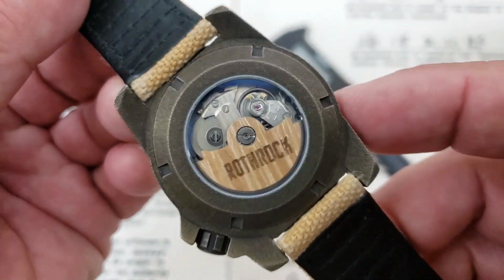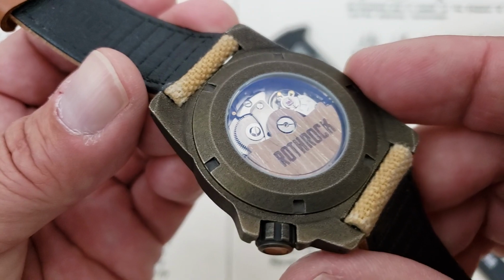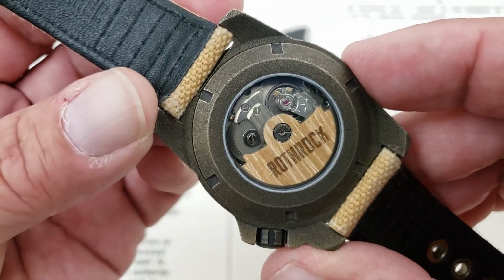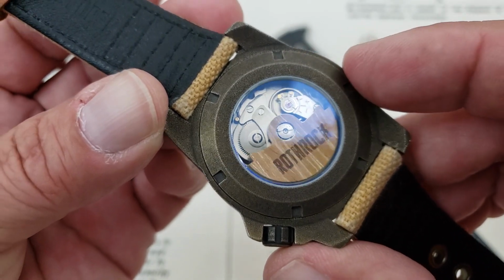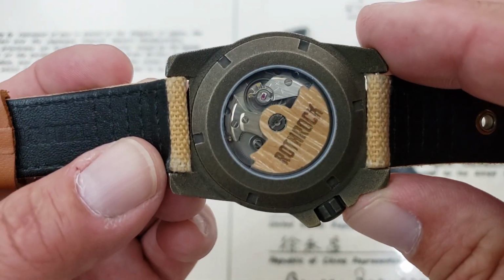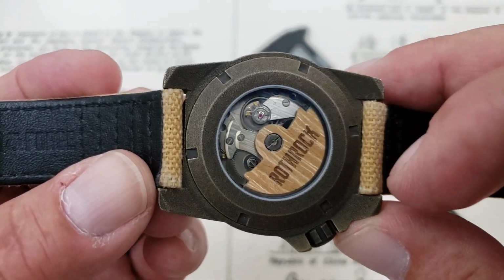Flipping it over and taking a look at that movement, you guys can see the case back on the watch. Now, it appears that this is also either a sapphire crystal or AR-coated mineral crystal, but either way, you can see that blue tint to the AR coating they're using on here. Probably the first time I've ever seen a watch with wood on the movement or decorating the movement like that,